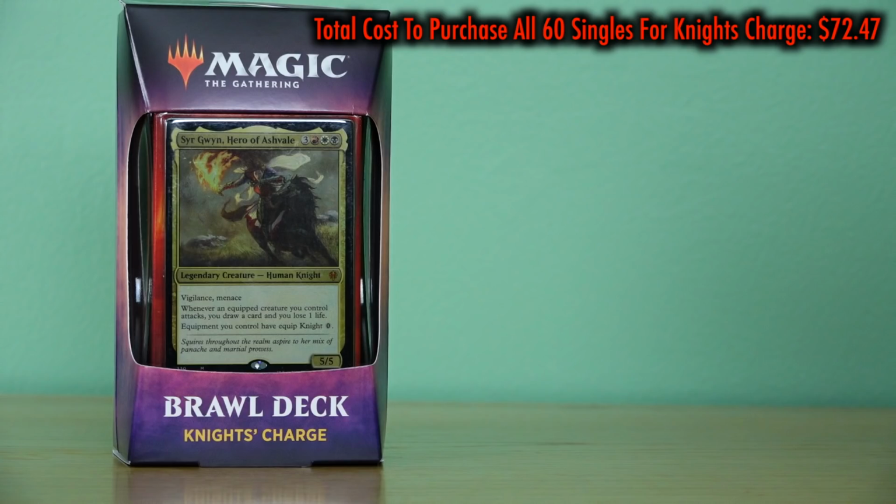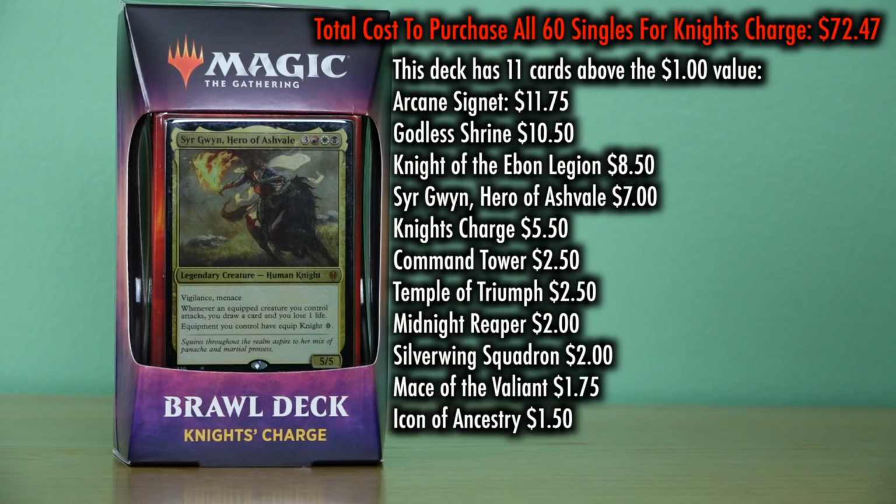After all, Brawl is only using the standard card pool. But if we were to examine all the contents of these decks that's worth over $1 in value, and thus eliminate all the bulk, we would see that Knight's Charge has cards like Arcane Signet at $11.75, Godless Shrine at $10.50, Knight of the Ebon Legion at $8.50, Sir Gwen, Hero of Ashvale at $7 each, Knight's Charge at $5.50,